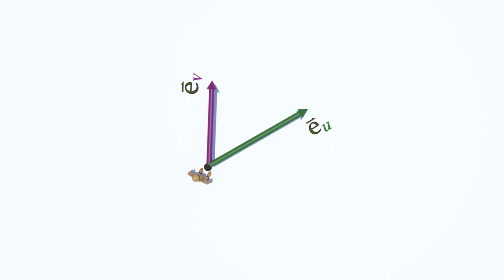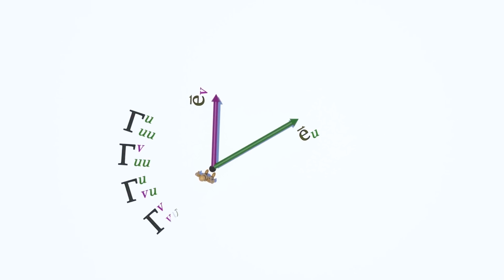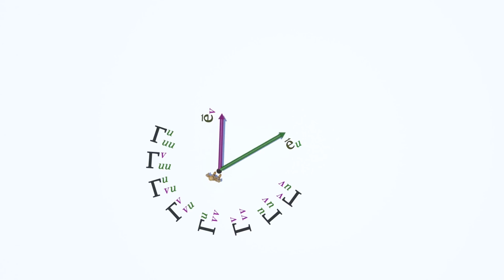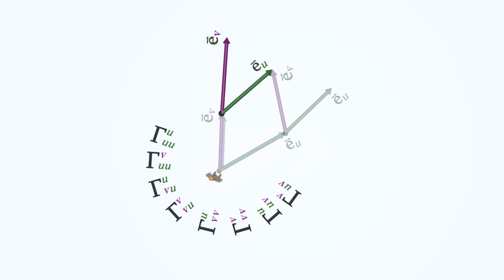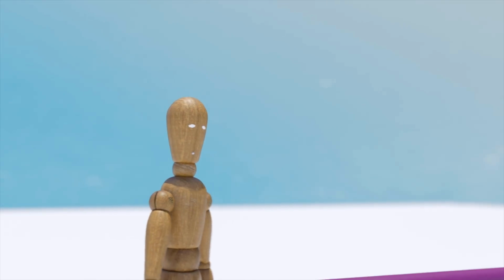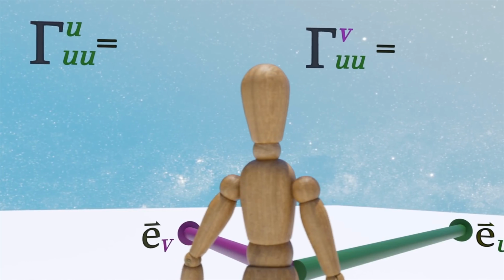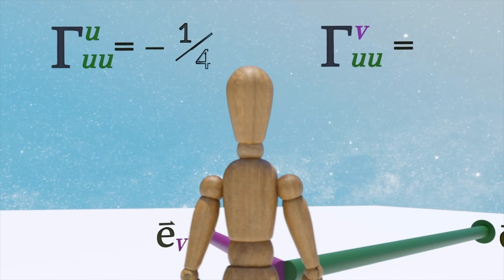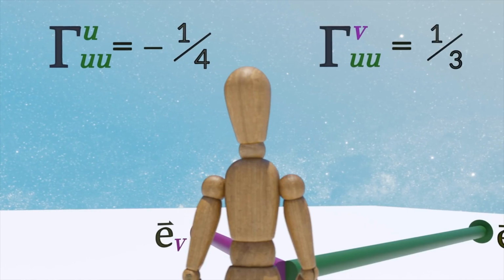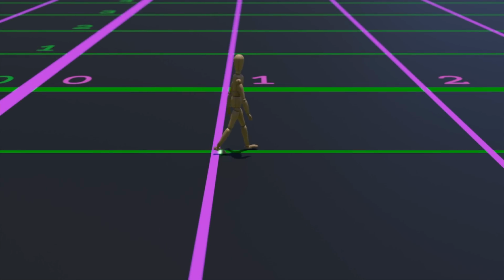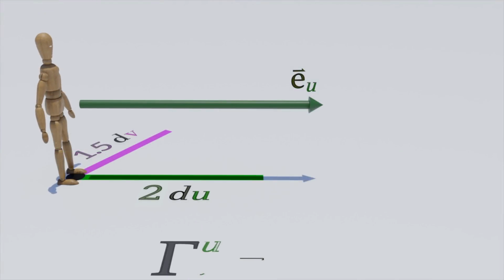Next, we offer the observer the Christoffel symbols, which tell them by how much and in what direction these basis vectors change across the manifold. As an example, let's say the first two Christoffel symbols, gamma UUU and gamma VUU, have the values -1/4 and +1/3 respectively. Then, if our observer travels a small coordinate distance du in the parametric space, gamma UUU tells them